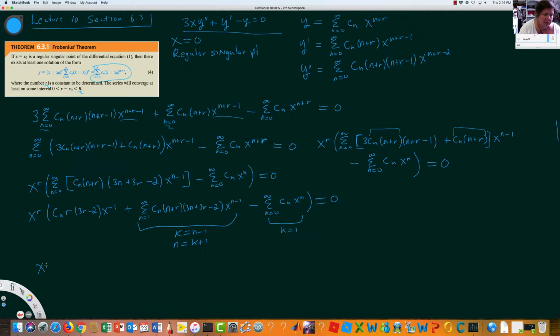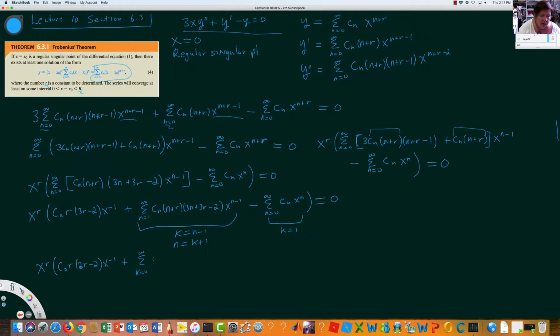We have x to the r, c0 r, 3r minus 2, x to the minus 1, and then plus the sum. Now for n equals 1, k equals 0, so we're going to start from k equals 0